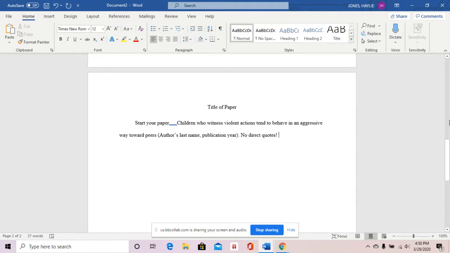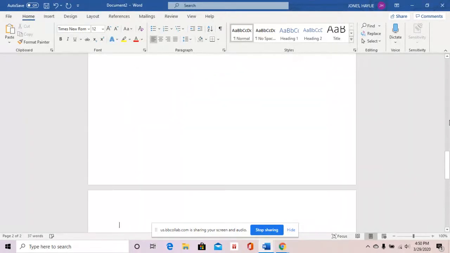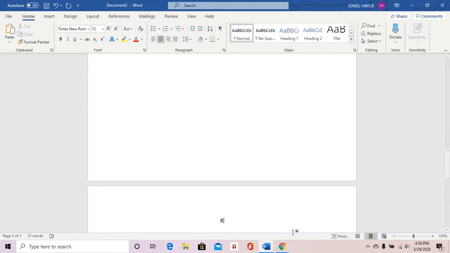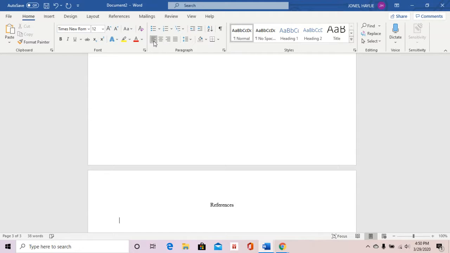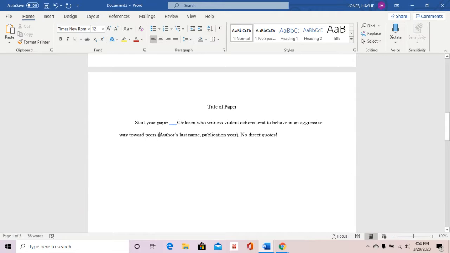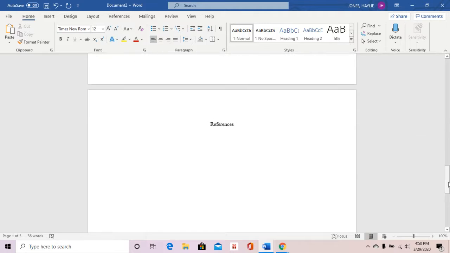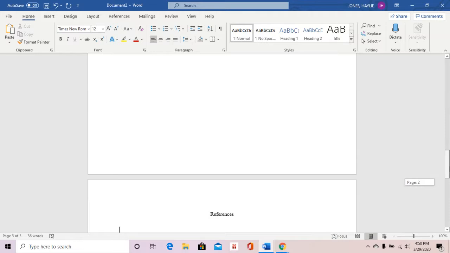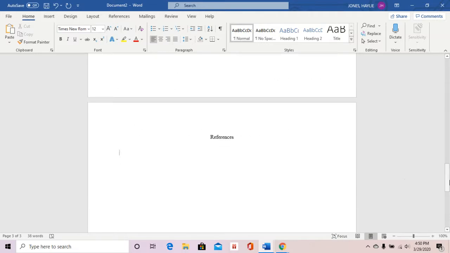So you'll do your whole paper like that, 2 pages. And then the last thing you'll do is your reference page. So on your very last page, you'll go back to a center and you're going to put references at the top and go back to your left align. So this is where you're going to cite all the sources you use. So up here where I did the citations, any source that you did a citation for like this in your text needs to be on the reference page. So I should be able to go through your reference list and find every author in here. They should match up perfectly. So for our textbook,